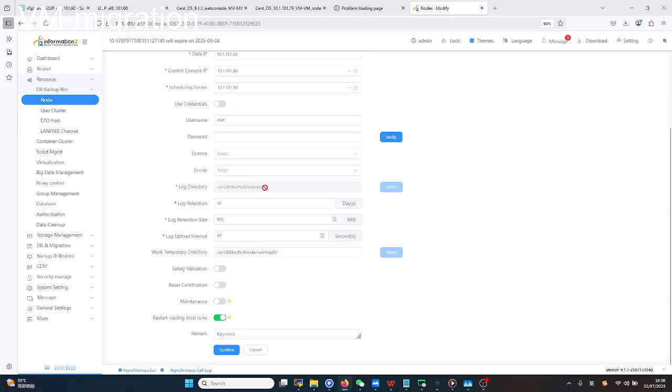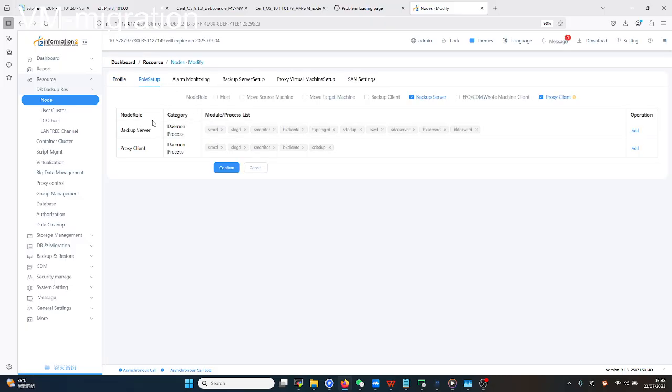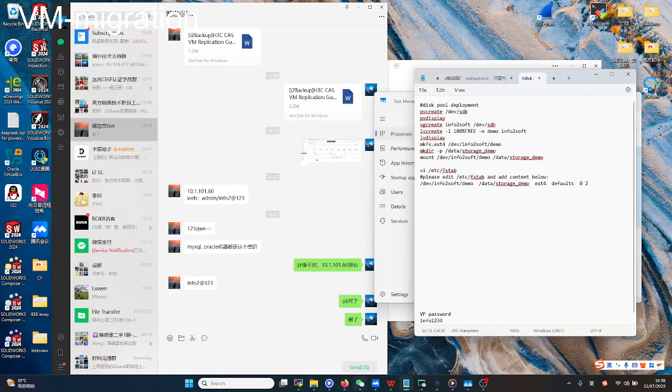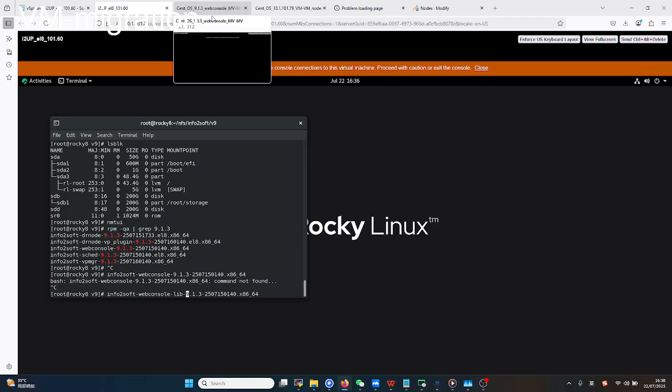In this case, we don't need to use any license, but we need to assign the role proxy client and backup server. After we've done this, we can go back to the virtual machine and deploy the disk pool. The disk pool is a fundamental thing with which we can create the storage unit, but because of the time limitation, I will not show the